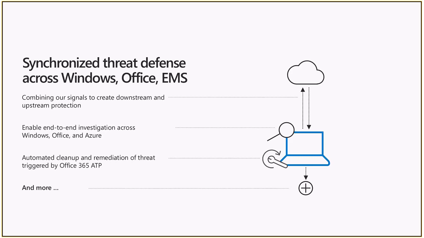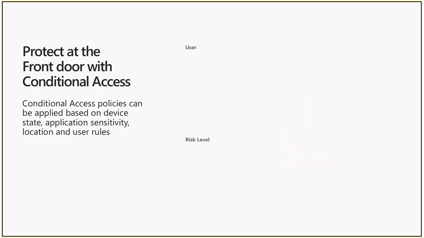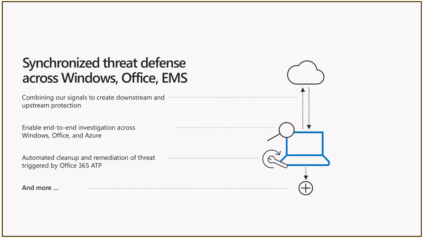But the sharing that we have from endpoints to the intelligence security graph, from Office to Azure to Windows and back and forth, integration between the products is aiming to be seamless. That's where Microsoft wants to be. So, Office 365 can trigger an automated response to an endpoint with Windows Defender Advanced Threat Protection. That's the ultimate aim. We pick something up that we saw in Office 365 ATP. We instruct Windows Defender ATP that this is a threat if